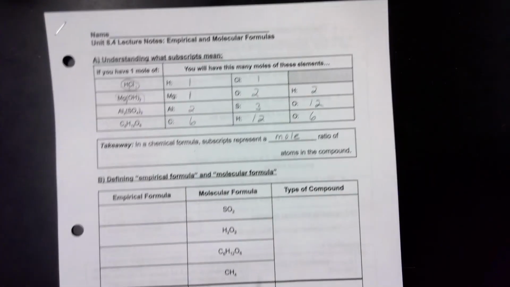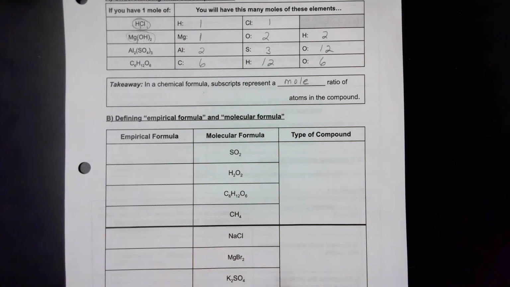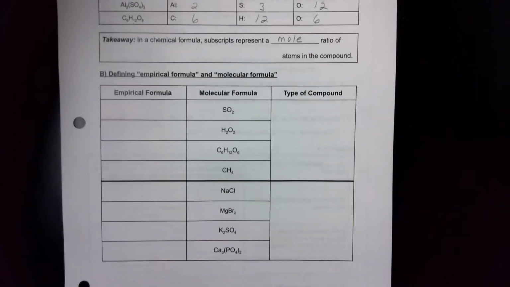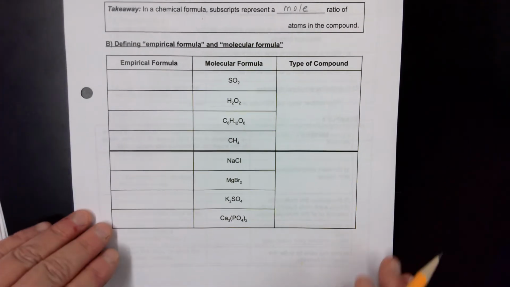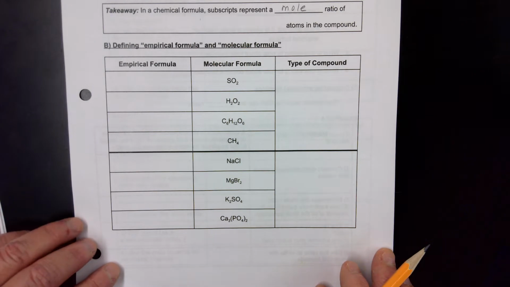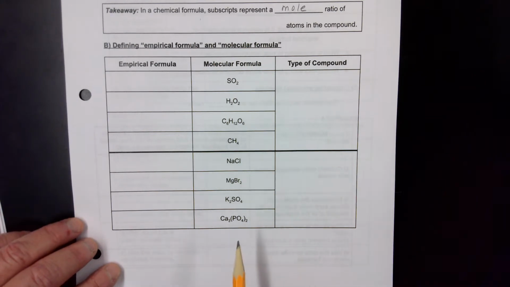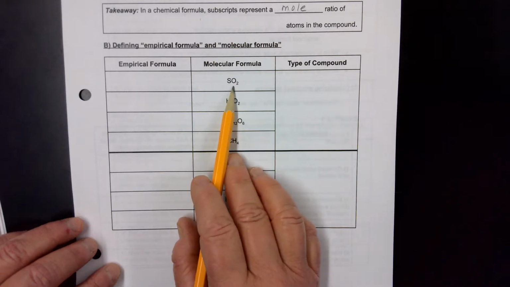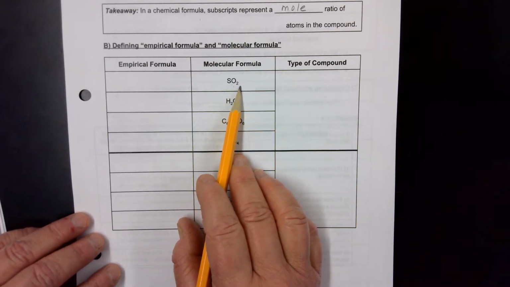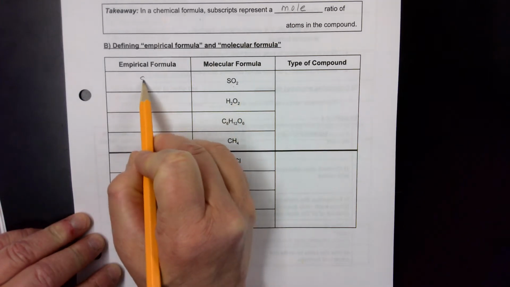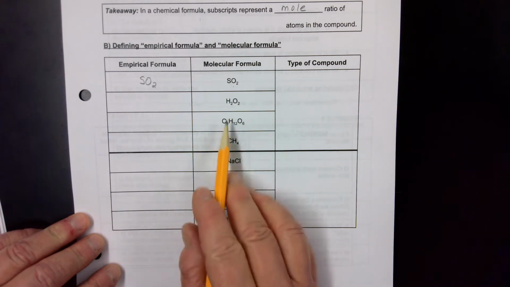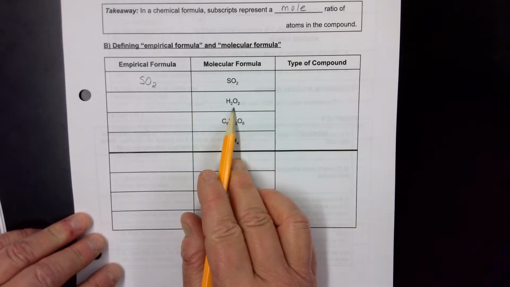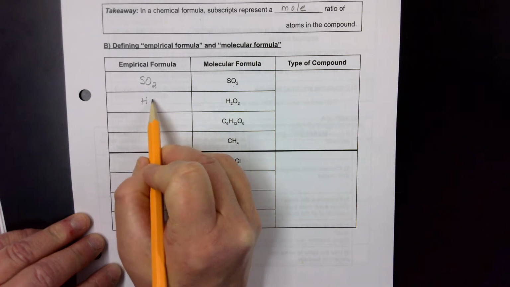All right, so let's now talk about what we mean when we say empirical formulas and molecular formulas. We're going to start by doing examples and seeing if you can determine what the difference between these two terms is by seeing the examples. If we have a molecular formula of SO2, the empirical formula is also going to be SO2. If we have a molecular formula of H2O2, we're going to have an empirical formula of HO,